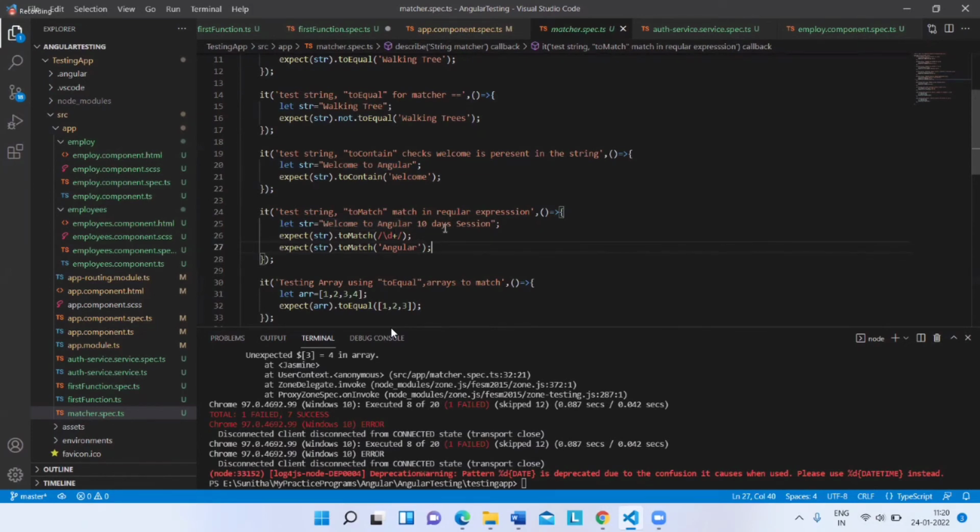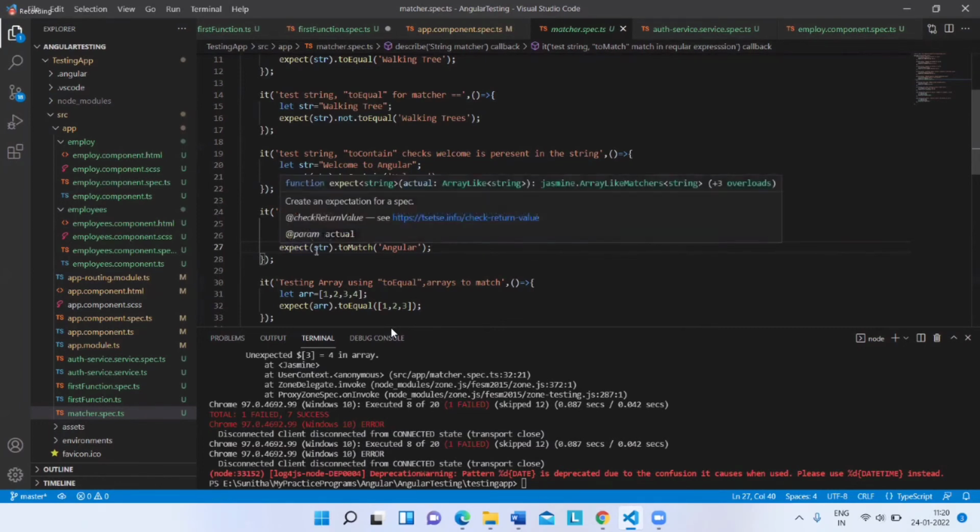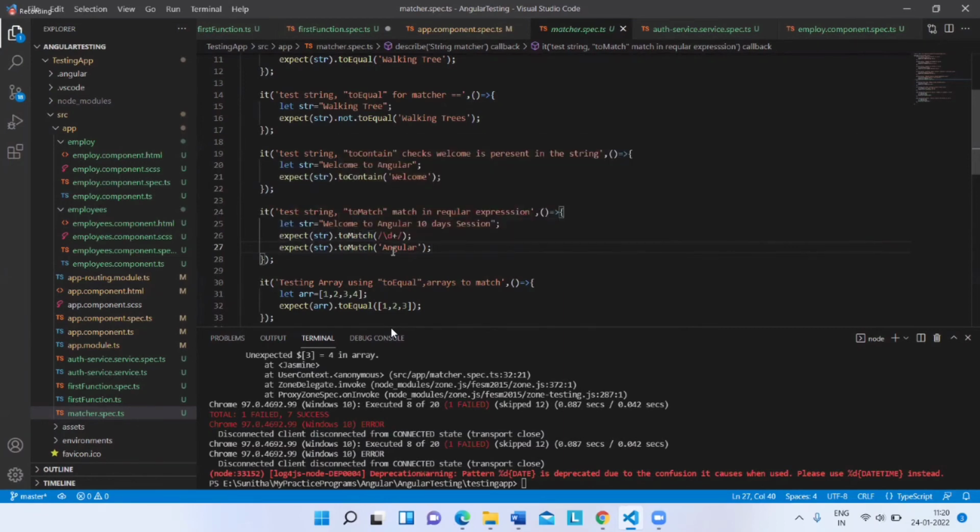I have given expect str dot toMatch Angular, checking whether it matches Angular. Here A is capital. If I give a small a, my test is a failure, because it should be an exact match. If it is capital A, my test is successful.